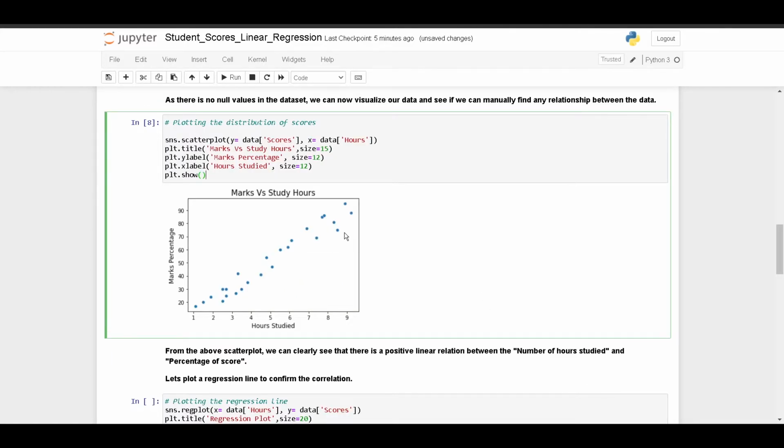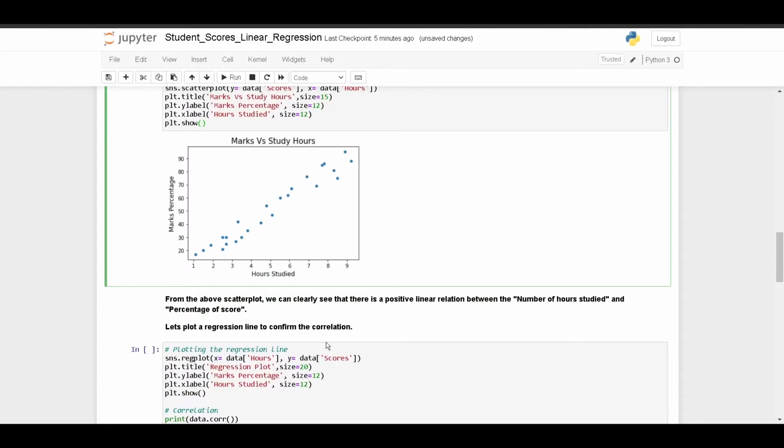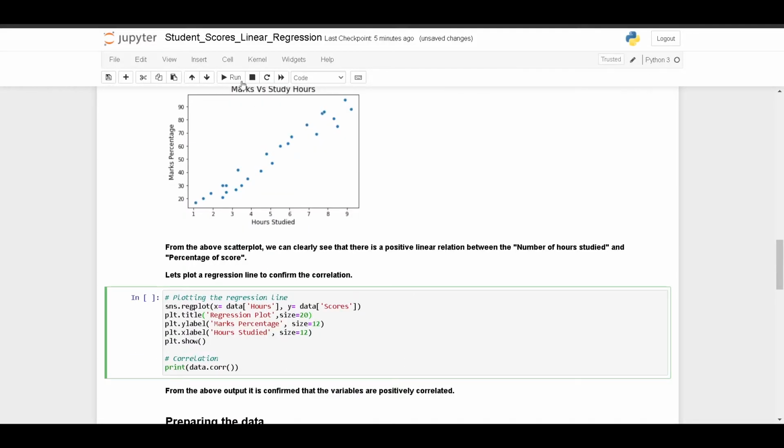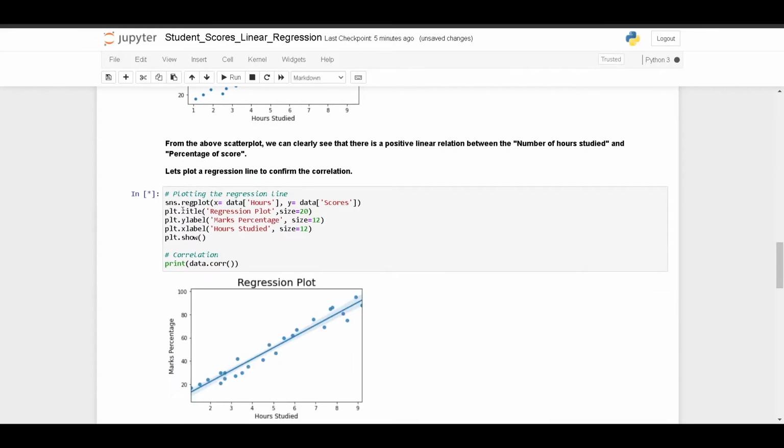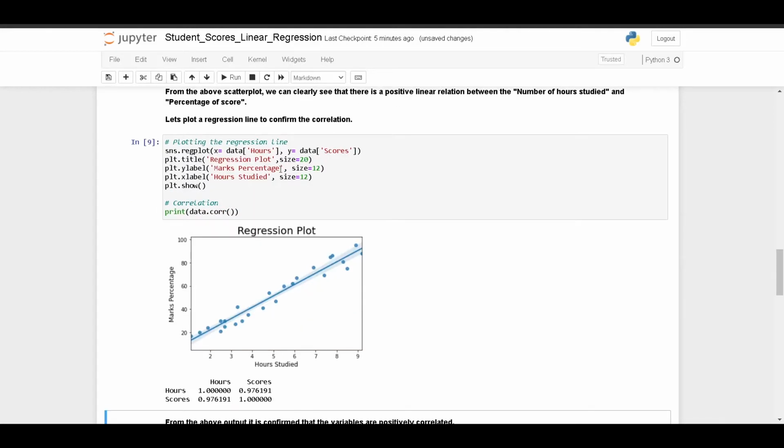From this scatter plot, we can clearly see that there is a linear relation between the number of hours studied and the marks scored by the student. We can also plot the regression line for the same using sns.regplot. X is the number of hours, same, y is the scores or the marks.